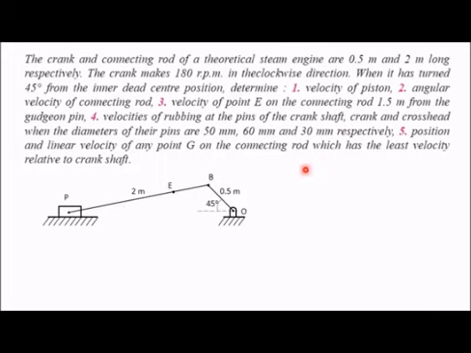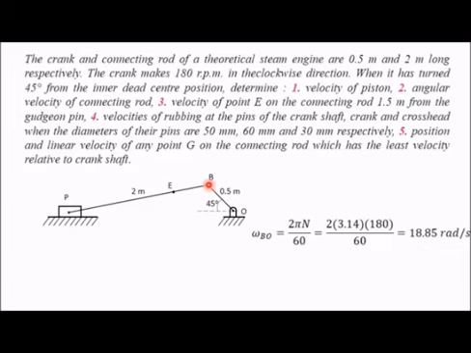So for that, first we require the angular velocity of this crank. This can be calculated using this data, that is 180 RPM, the RPM of OB. From that you calculate omega, the angular velocity of crank, 2 pi N divided by 60. N is 180, all other values you know. So you get 18.85 radian per second. The angular velocity of OB is 18.85 radian per second.